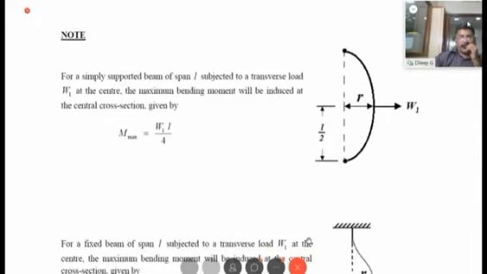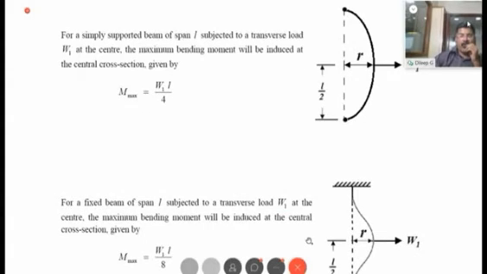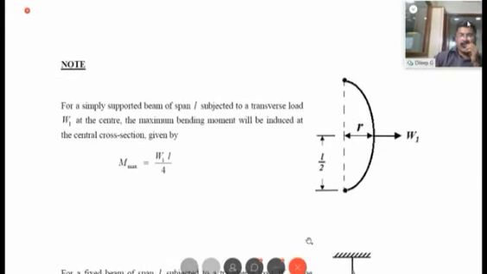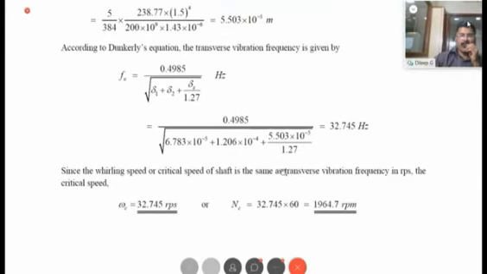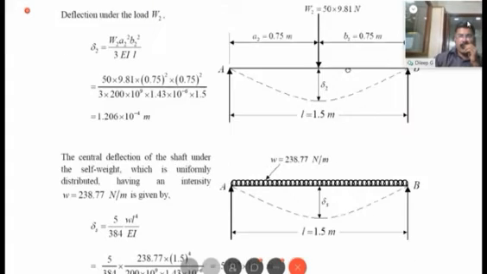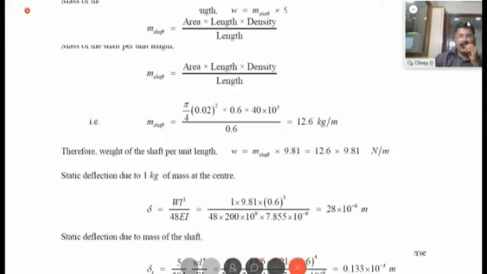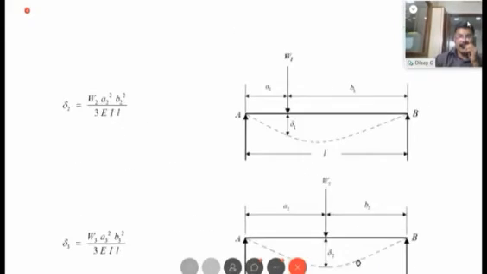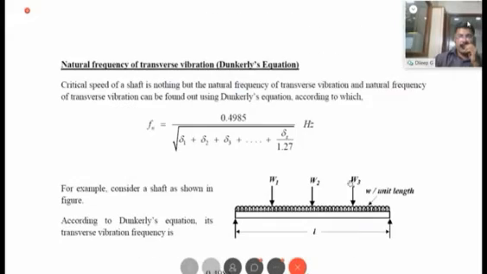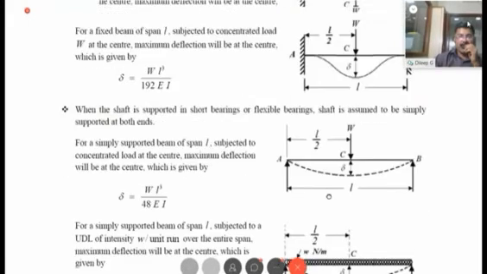Okay. Now, in order to solve critical speed problems, we have done 2 problems on how to find out the critical speed. Now, we are going to solve some problems using the formula which we first derived. I think you all must be remembering that formula. The formula was